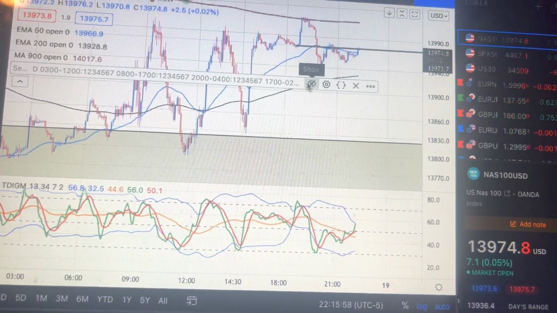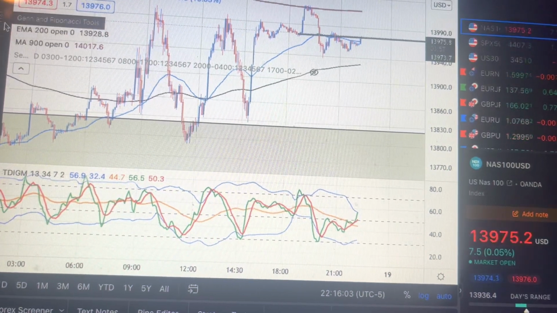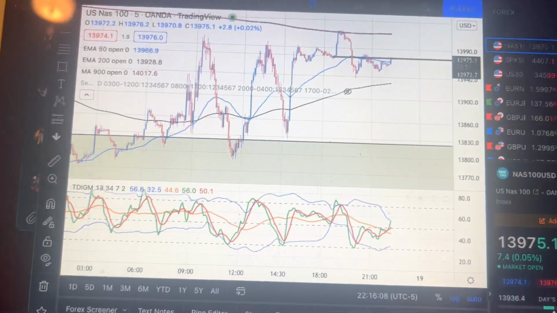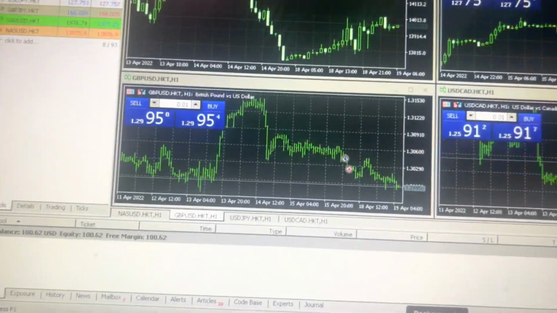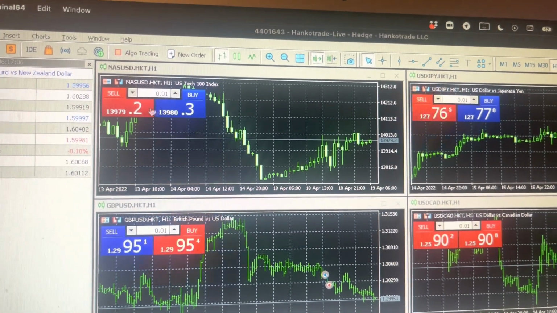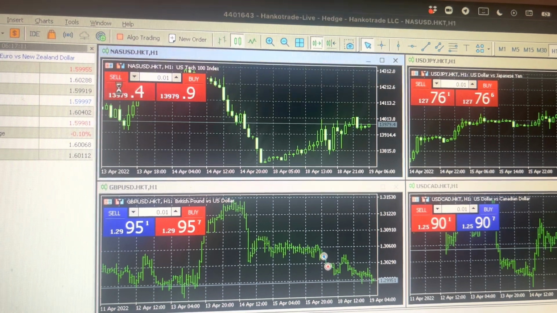Especially I'm gonna get out of it before New York session starts. So I may take this sale overnight, which is what I'm gonna do. So just to show you guys. All right, so here you guys can see. Okay, you can't see where I funded up, and then I lost the $2. So that was from the GU trade. So now let's take this Nas sale. I can't use anything but a 0.01. I like where it's at right now, so I'm gonna take this sale